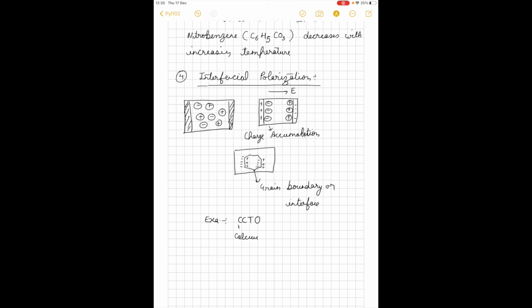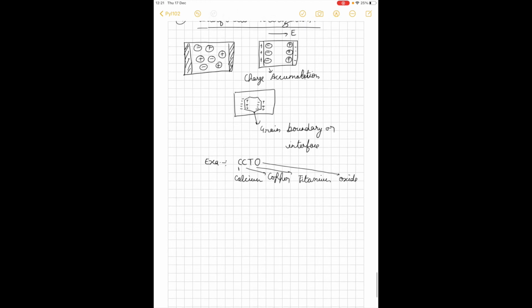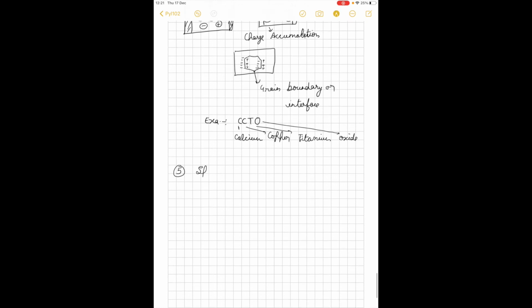So calcium, copper, titanium oxide. This O means oxide. All right, so then we reach our last polarization mechanism, which is